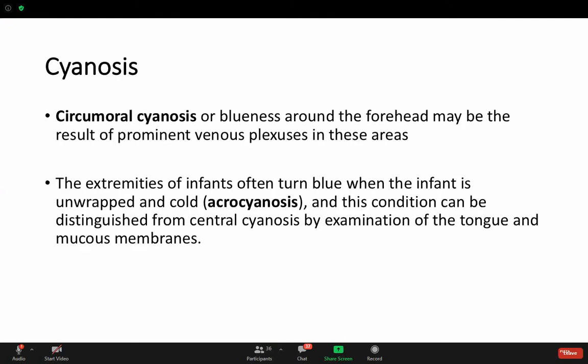الأنواع الثانية للسيانوسز اللي ما هي سنترال. السنترال سيانوسز هذا اللي نهتم به. أوكي؟ السنترال سيانوسز إنه يكون عنده سيانوسز بالتنك في الميوكس ممبرينز. في شيء يسميه سيركم أورال سيانوسز، يعني حوالين الأورال كافيتي، حوالين الفم. هذه خاصة بالنيونيت could be normal. ليش؟ لأن عندهم